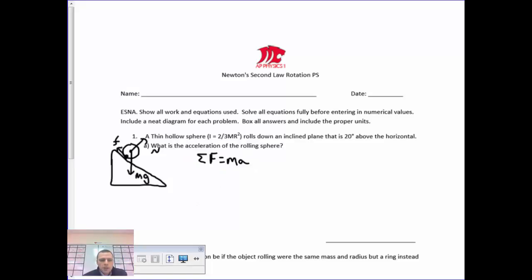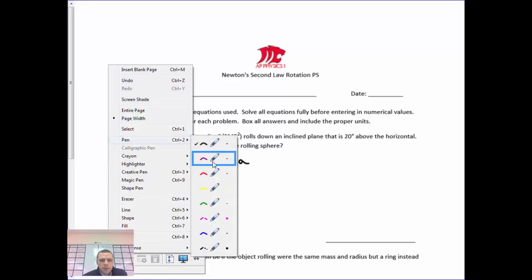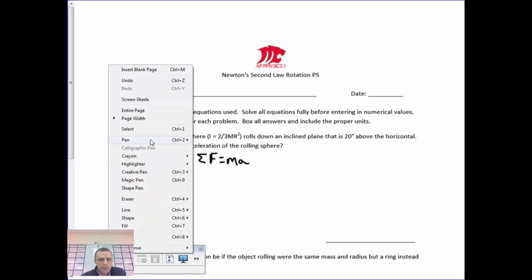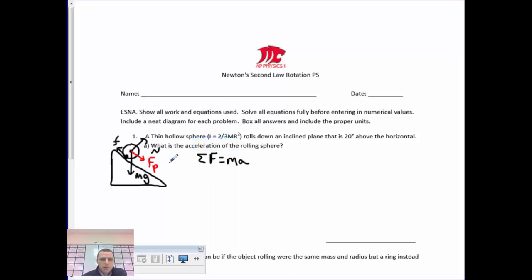There's two forces that are crucial here. I'm going to give them a color. There's friction, and then there's Fp. Now Fp is the component of mg that is parallel to the incline, and that's why I put it in red. It's really technically not part of the free body diagram, but it is crucial and important, especially for the math part of this. So this is going to be Fp